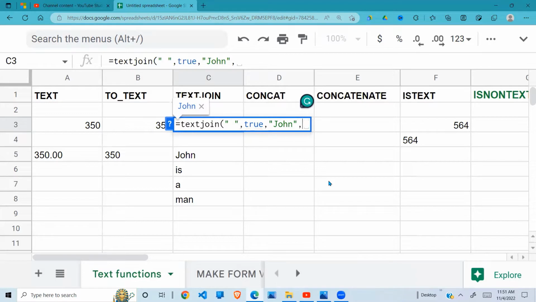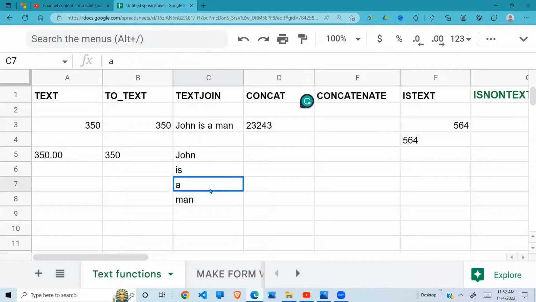Give it another one, is, then another one, man. So when I do that, you see the text which is separate is joined into one, and it says John